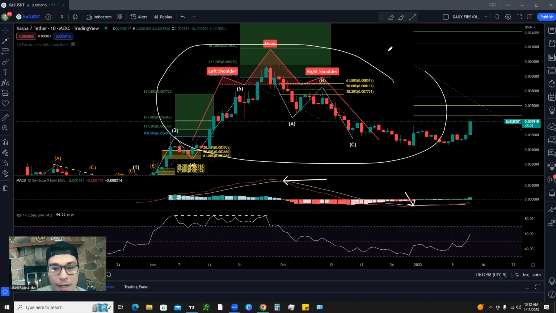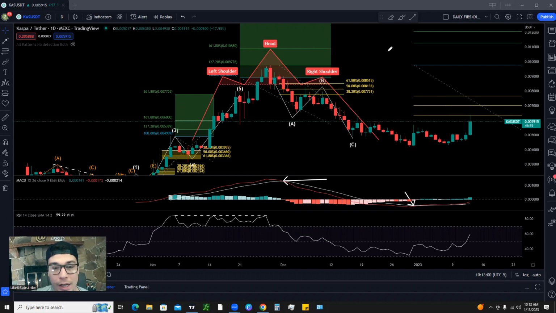If this chart looks complicated to you, don't panic, don't worry. It's actually very simple to understand. I'm going to break it down so that you can understand very simply. We're going to look at the MACD along with the relative strength index. You can use both of these to spot entries and exits and help understand some of the future price